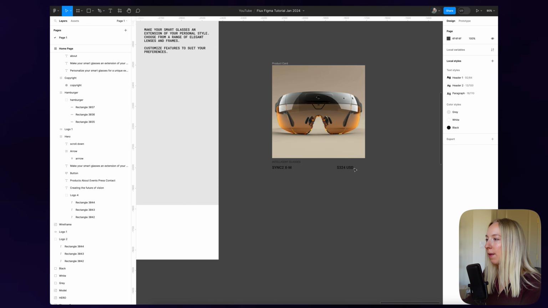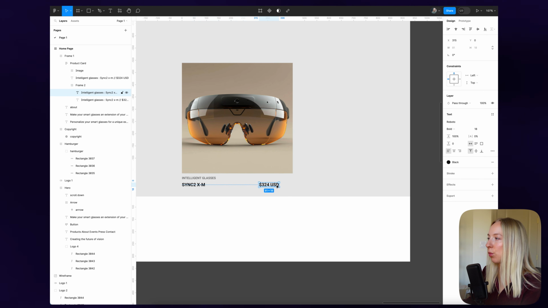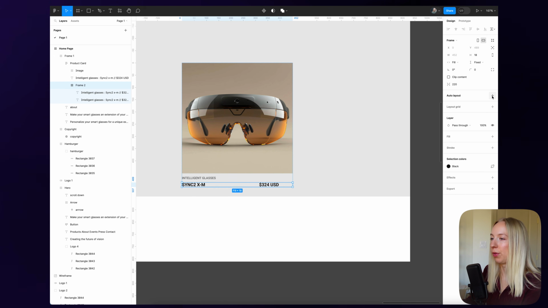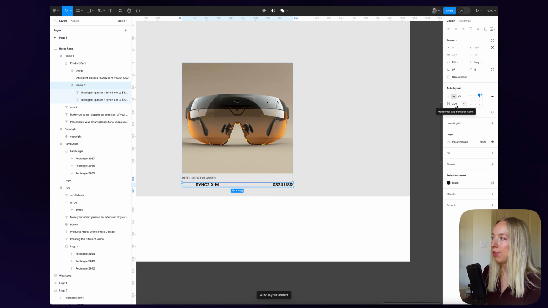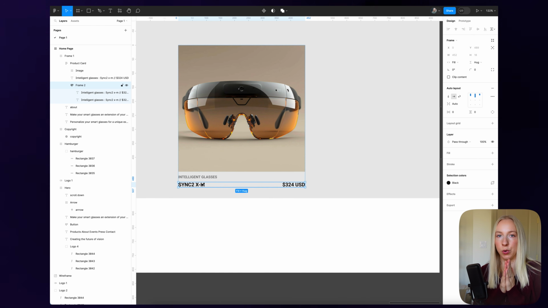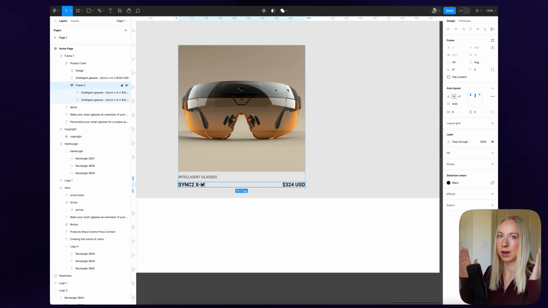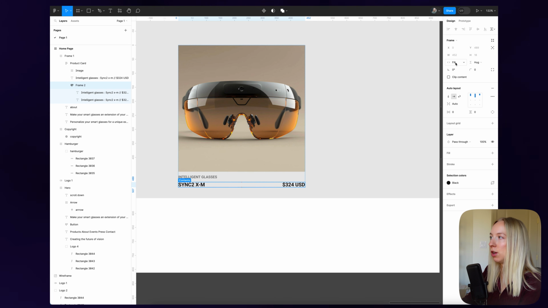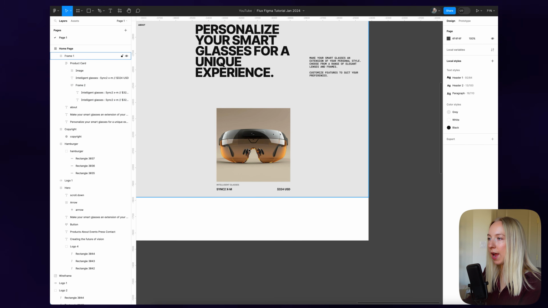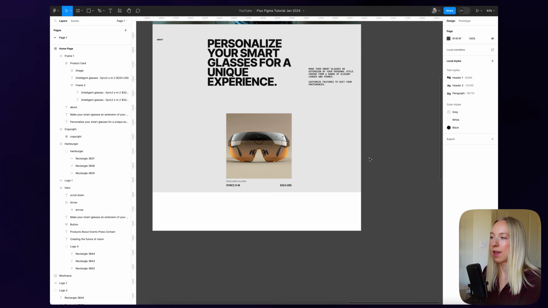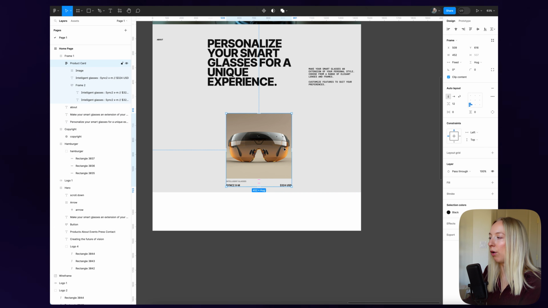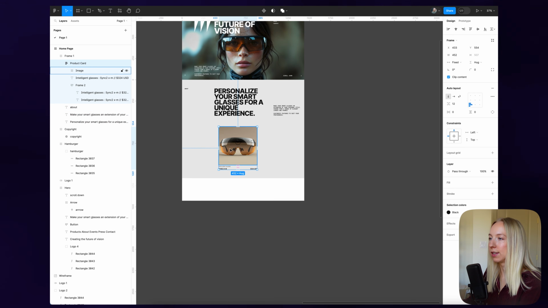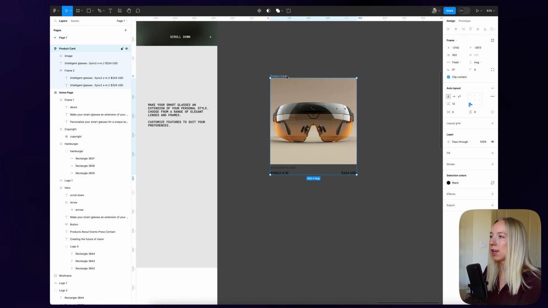12 might be good. Okay, so the reason this isn't working is because we need to turn on auto layout on this frame level as well. And then instead of having this gap, we're going to do auto. By doing auto, it's going to use as much space as will separate the items so that they're pinned to each side when you have fill container on. Okay, so those auto layout things just take practice, but they really are helpful to learn. So now we have this, and I'm going to bring it over here